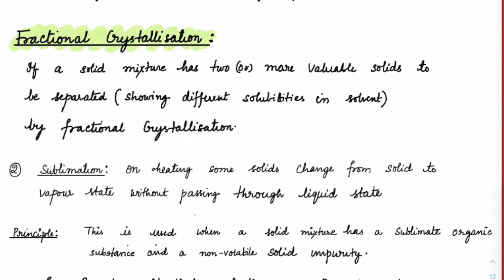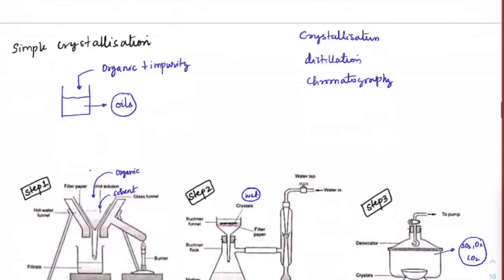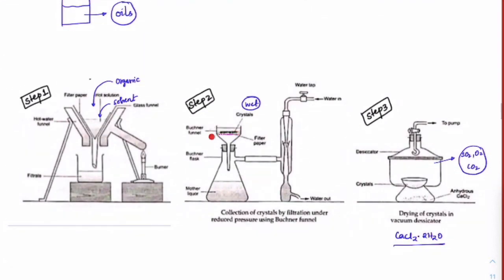Okay. Here the fundamental is that both those solids must have different solubilities in the solvent. Like the solvent which you choose should be such that it has different solubilities for those two solids. Got it? That will help in separating them out. How can we do that? Same thing, till this point it is fine. First, the solubility of one in the solvent would be more. So, in the filtrate, one would be more than the other.